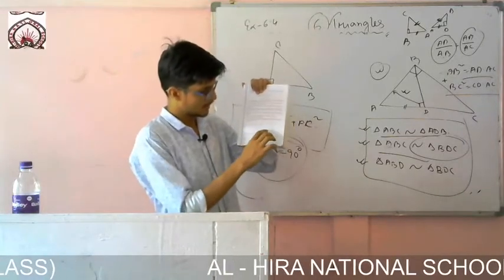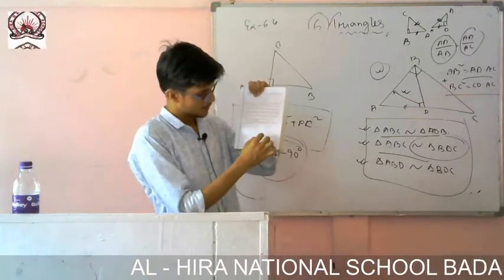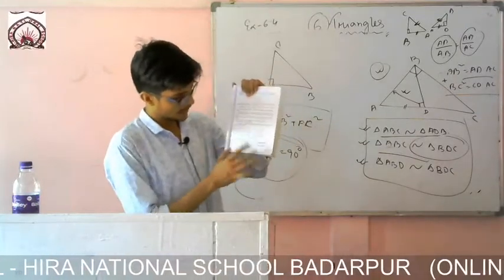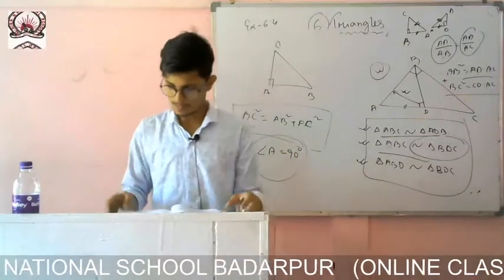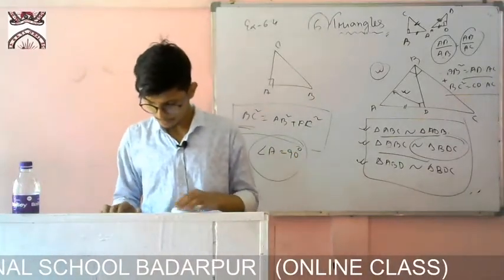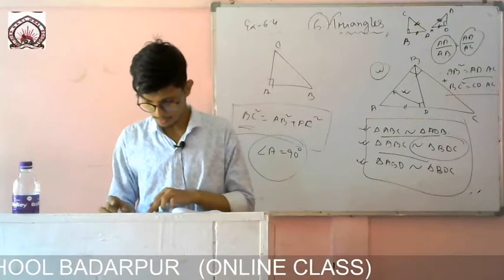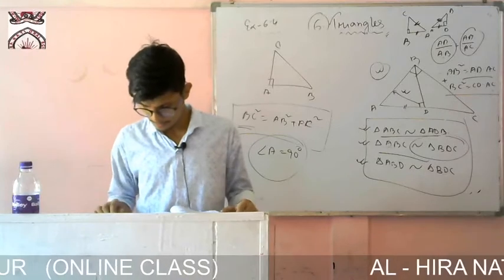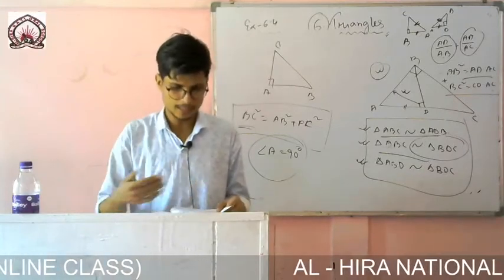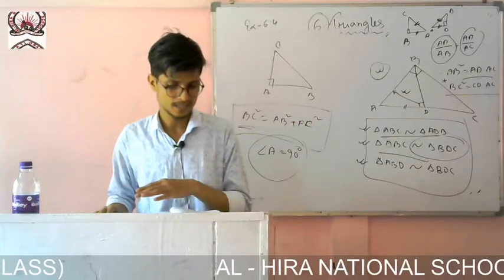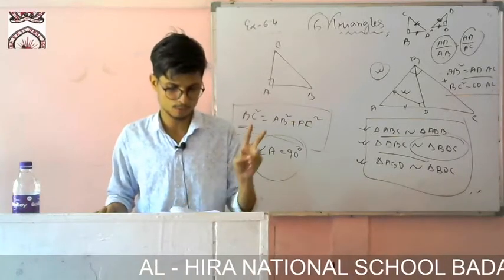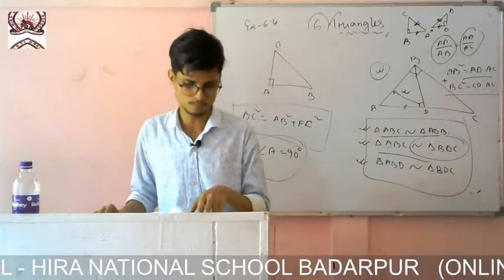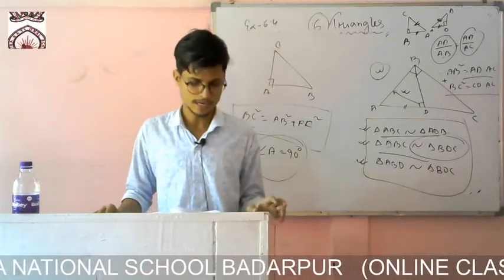First one, they got PR square equals PQ square plus QR square, using Pythagoras theorem, and for the other one they have kept it the same as what is given in the question. By construction they have got PR square equals AB square plus BC square. Then, after solving, they have written AC equals PR. By construction they have got two sides equal and one side AC equals PR. They proved it earlier, and after that these two triangles became similar.